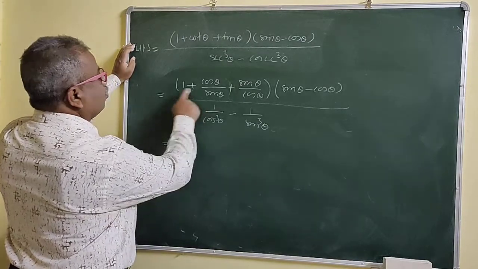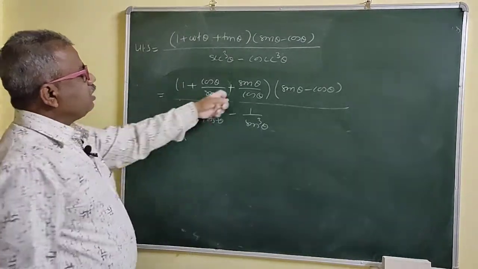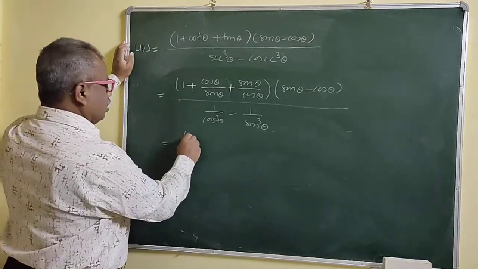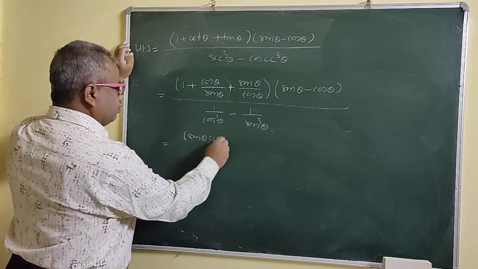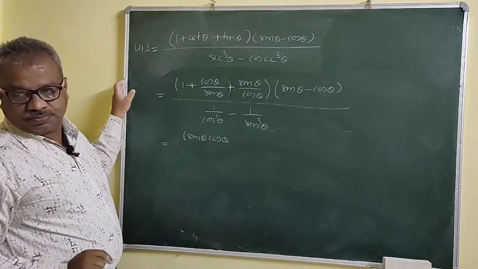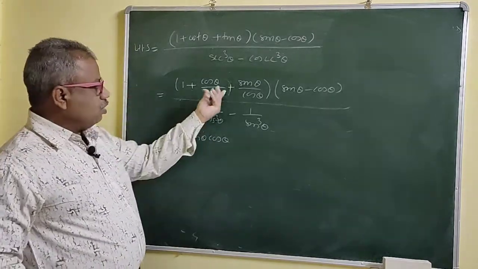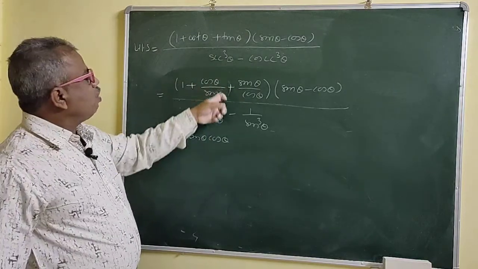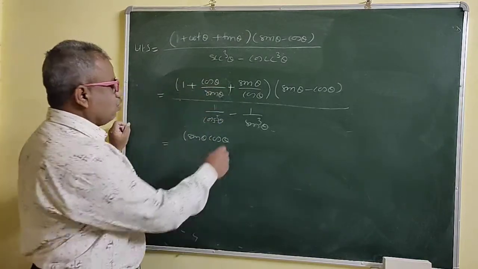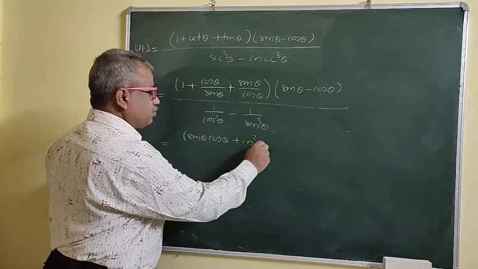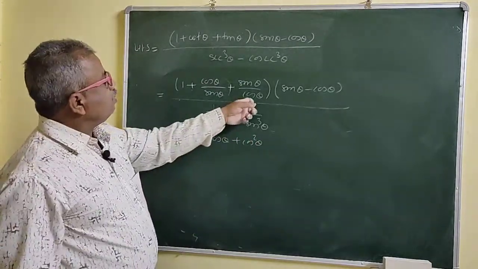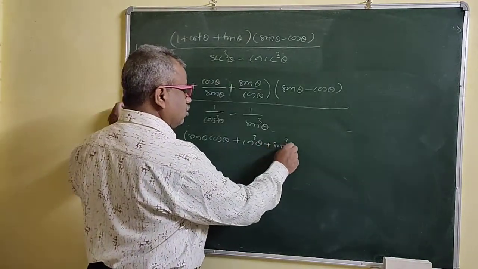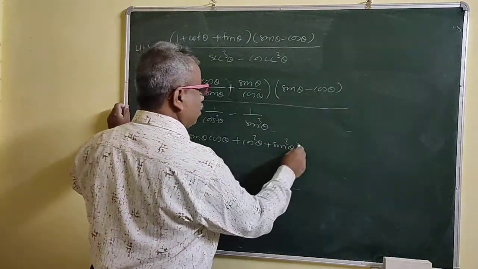Here, what is your LCM? Sin theta cos theta, right? So what do we get then? Because your LCM is sin theta cos theta, you have to multiply this by cos theta, so this will be cos square theta. Then you have to multiply here by sin theta, so plus sin square theta, sin square theta upon